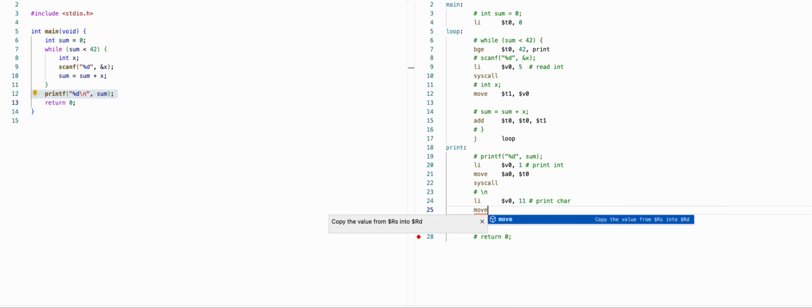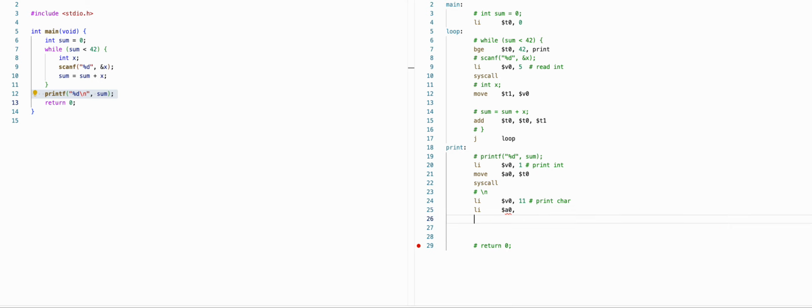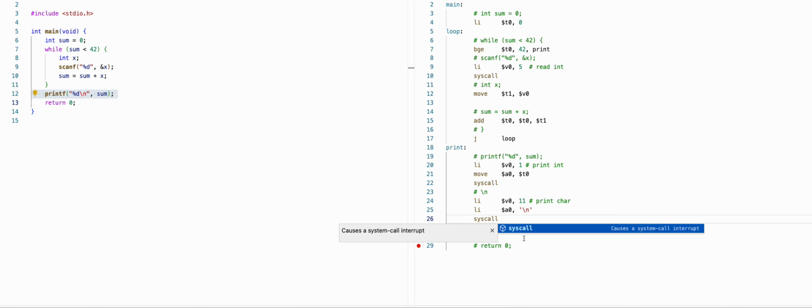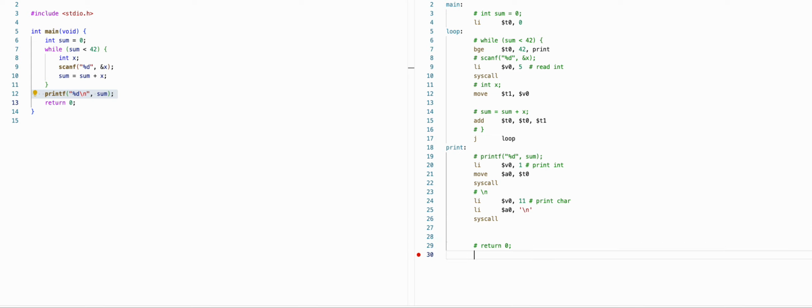Then, sorry, we can load this new line character straight into the argument register, and then we can run a syscall on here. And then for return 0, we can load v0 with code